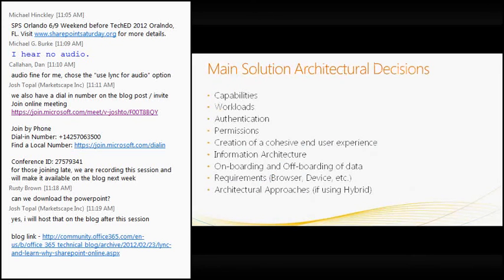So what are some of the main architectural decisions? I've gone through a little bit of the overview, and what I would say are some of the home run hitters right after that. One would be the capabilities. Again, you need to go back to the feature and edition matrix that I had for you earlier and compare those, because you're going to need to know that right off the bat. Many times you're going to find that people desire enterprise-type features that might not be available on your non-enterprise budget or on SharePoint Online just yet. So it's important you know those capabilities are not on your roadmap right away.